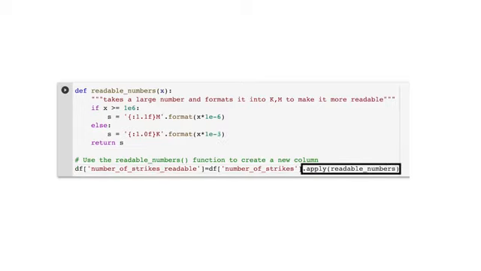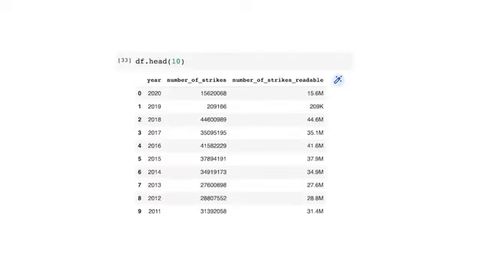We then use the apply function to set our readable numbers statement to only the number of strikes column in the data frame. Using the head function, we'll see the output of our newest code.